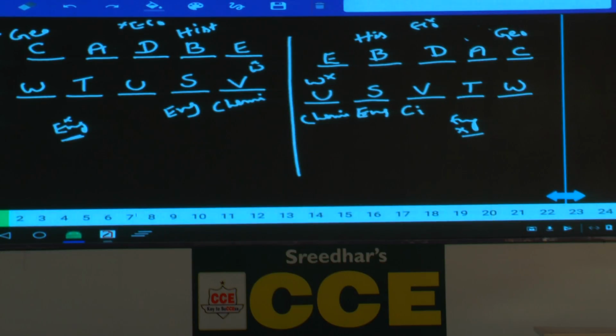V teaches civics, but whereas in case 1, V is teaching chemistry, and this case is completely ruled out. Now we are left with only the second possibility, isn't it? Then next one,